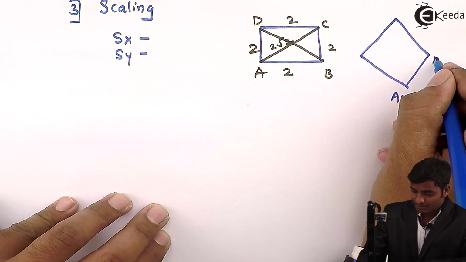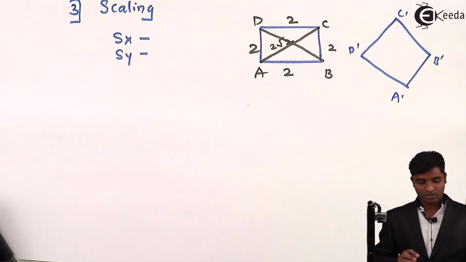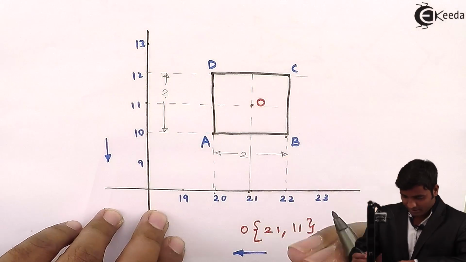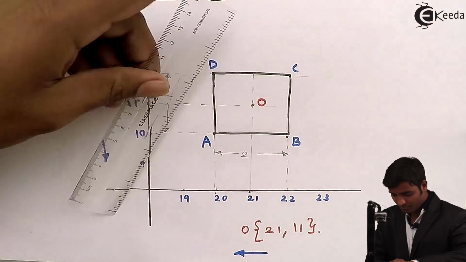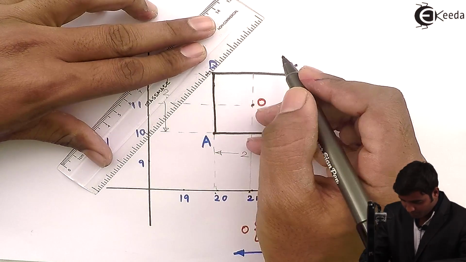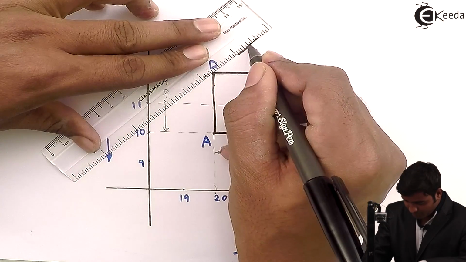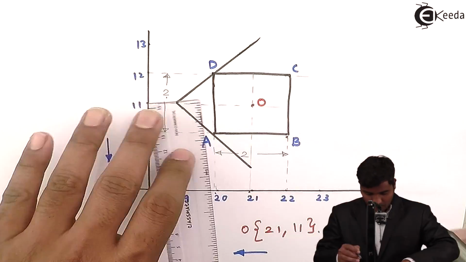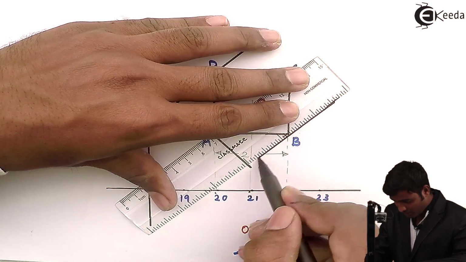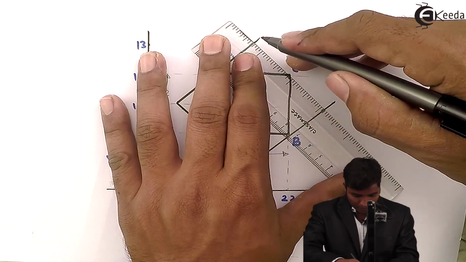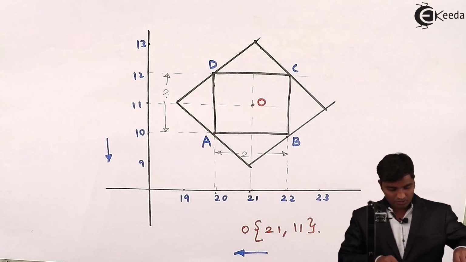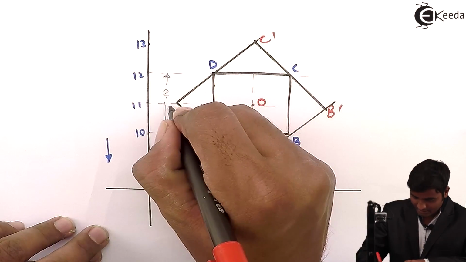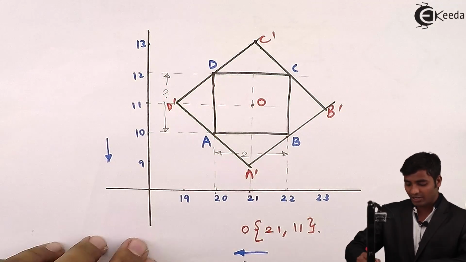This is A dash, B dash, C dash, D dash. So from the graph, I will draw the final figure. I am naming it by dash: A dash, B dash, C dash, D dash. So we calculated this diagonal